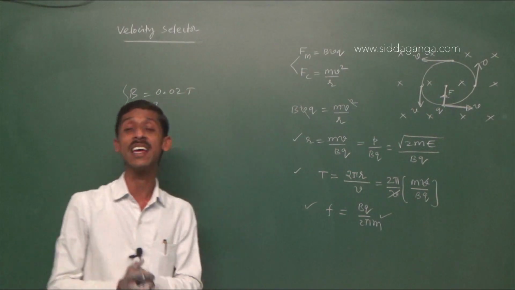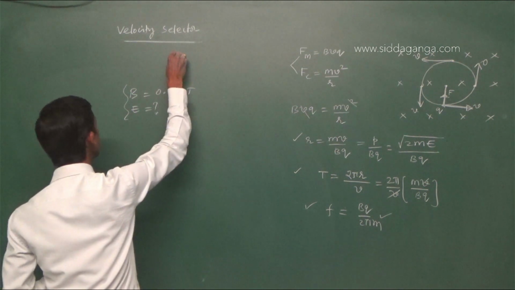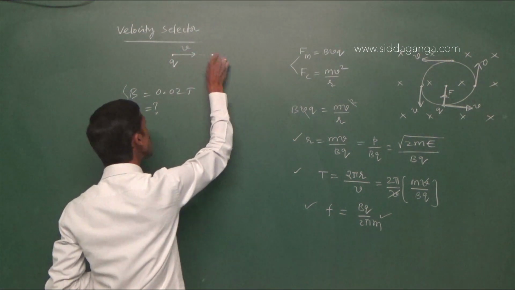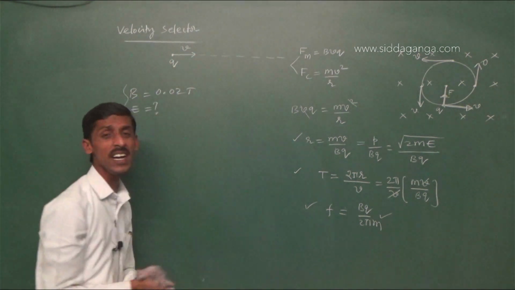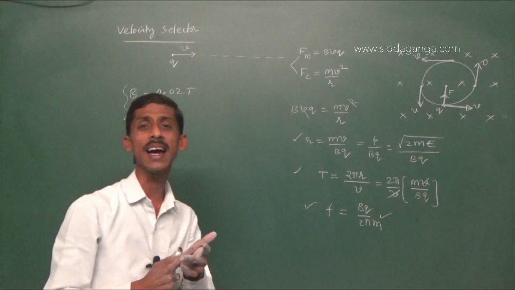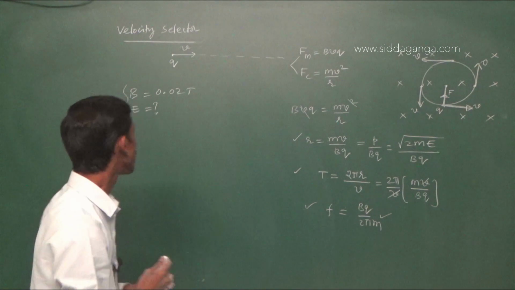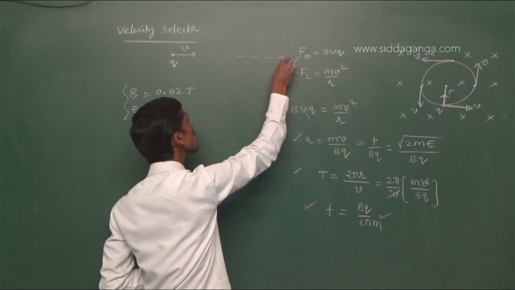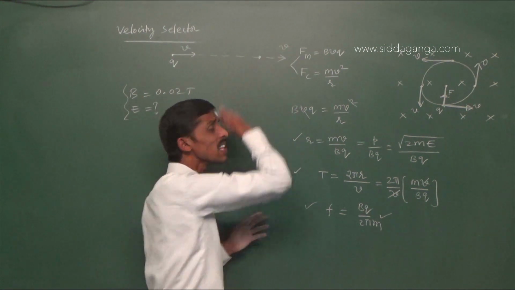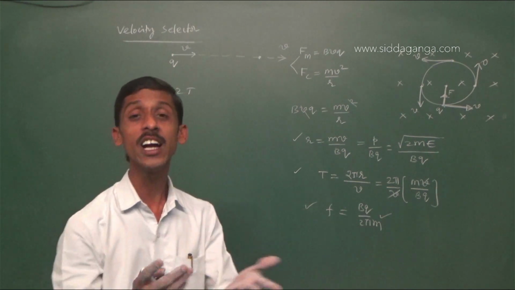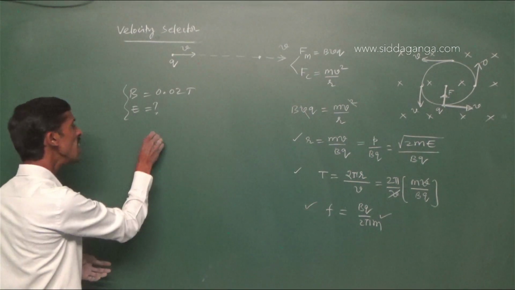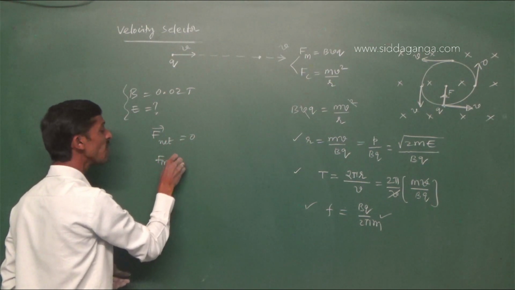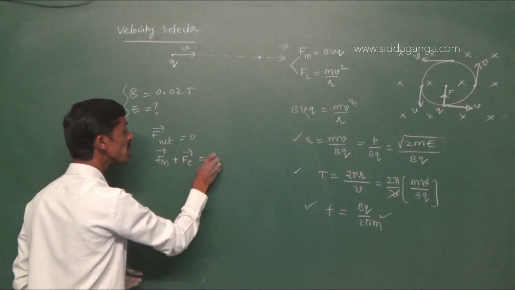In an electromagnetic region, if a charged particle of charge q is moving with the velocity v, in order to get this particle without any deviation, electric field as well as magnetic field must be applied perpendicular. So as both fields are there, the particle is undeviated. For a charged particle moving with velocity v to move in a straight line without any deviation, the net force must be 0. So the net force acting on the charged particle must be 0. As both magnetic field and electric field are perpendicular, the sum of these two forces must be 0.